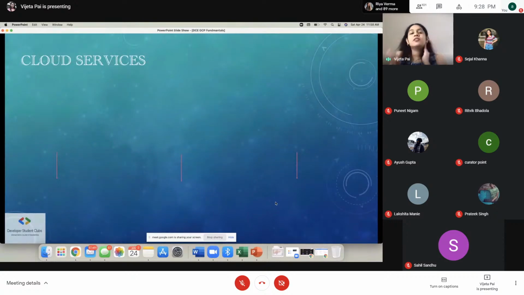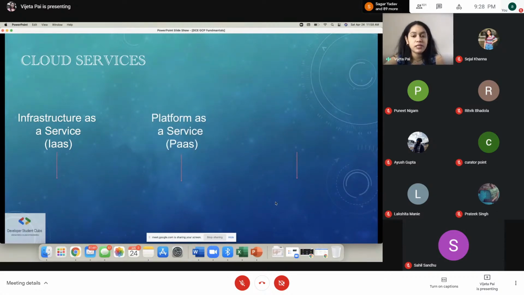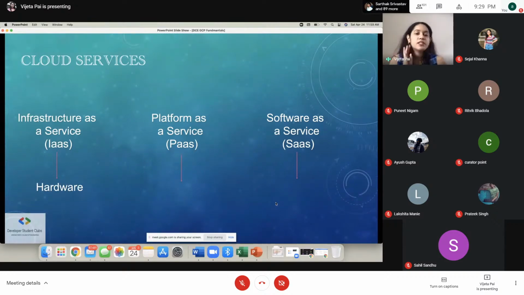Next, what are some of the cloud services? Like I showed you the cloud, and what services do cloud providers offer? First is infrastructure as a service, or something we popularly call IaaS. Next, we have platform as a service, or PaaS. And next, we have software as a service, or SaaS. What is infrastructure as a service? Basically, infrastructure as a service is a particular cloud provider service where hardware is provided to you for your usage. Let me just go back to the house example, because it's always easy when you can relate all of this to your day-to-day lives.